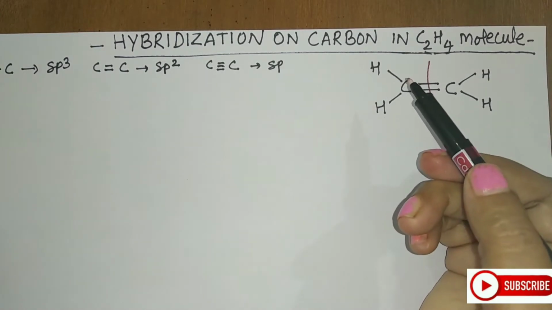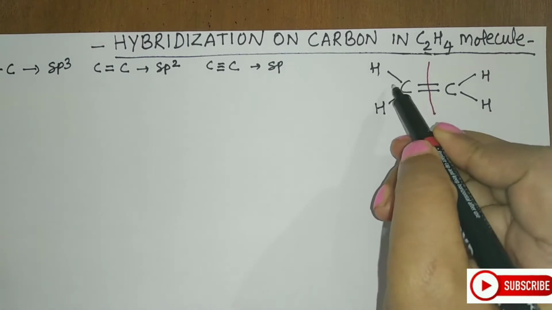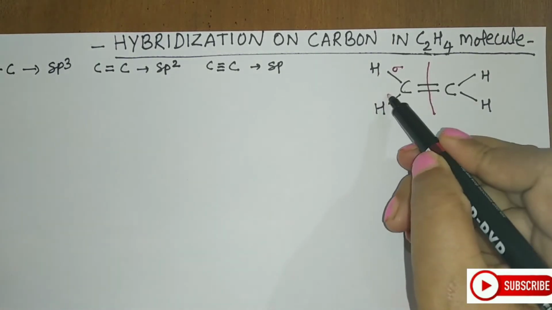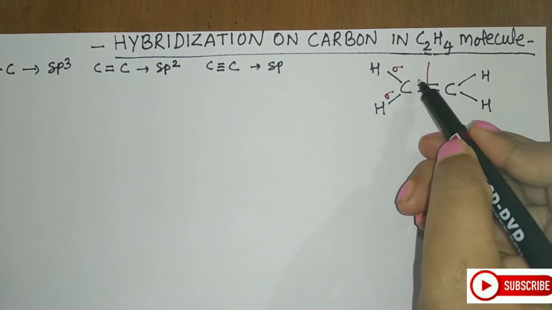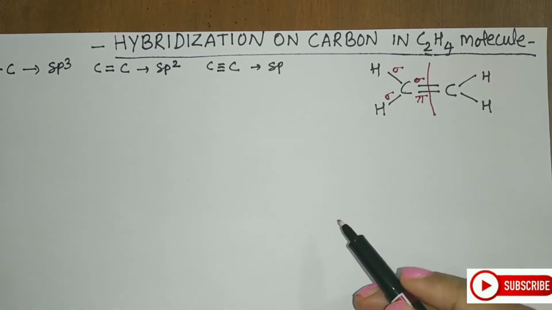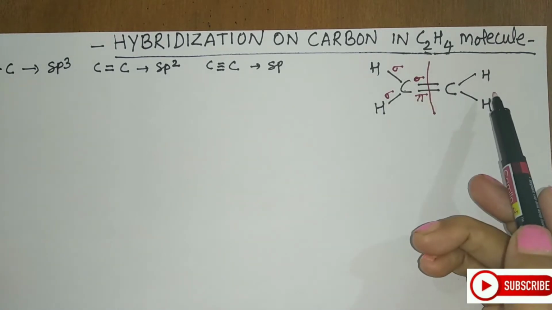You know that the first bond which is formed between any two atoms is always a sigma bond. So this carbon to hydrogen is a sigma bond. This is a sigma bond. Here, one out of the two is a sigma and the remaining is pi. I am not considering this part because a similar structure I will be overlapping.